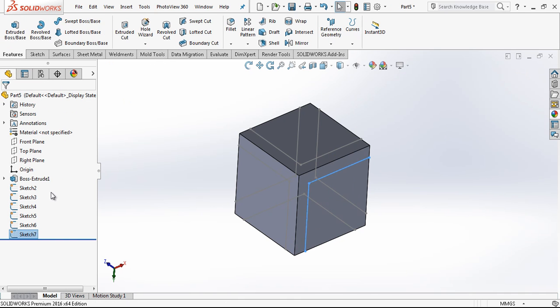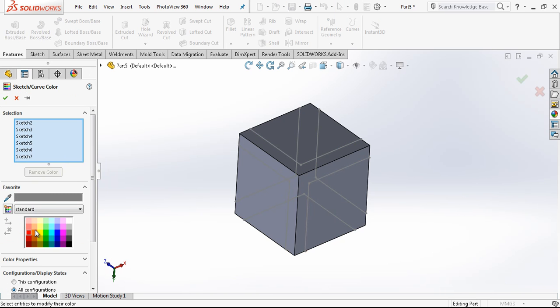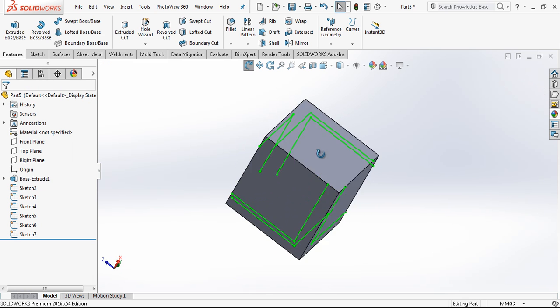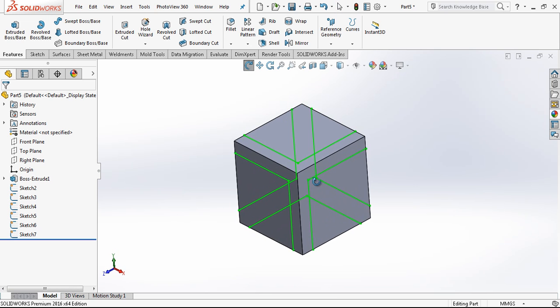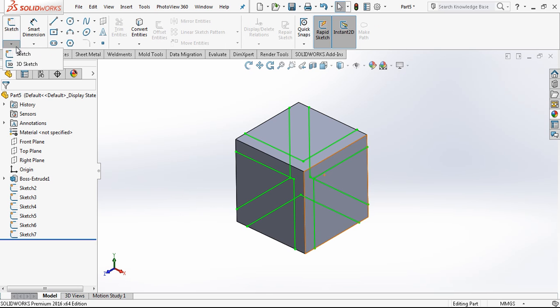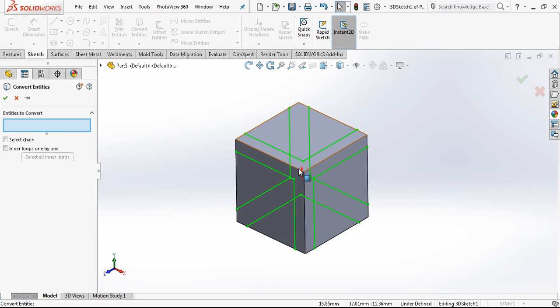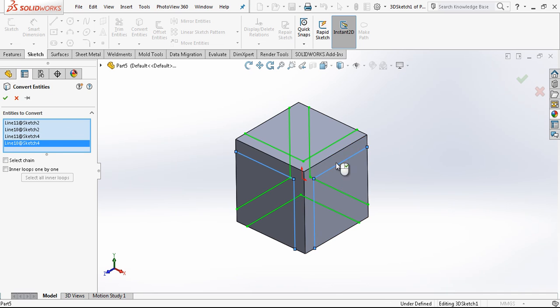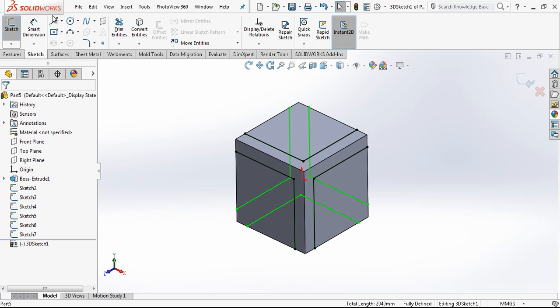Yes, now we can make them in another color. For example, we can make them green, as you see. Now the thing that we should make is combining only the lines with the 3D sketch. Under sketch I took my 3D sketch and I am converting some lines already, and then we just take a